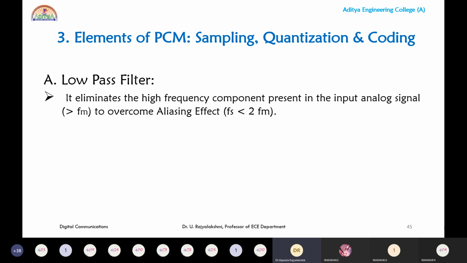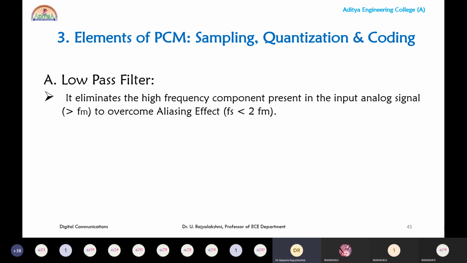Once this type of overlapping occurs, the lower frequency signal will get disturbed by the higher frequencies. That's why high frequencies must be eliminated prior to entering the transmitting section. That's why the low pass filter is used here. So the input low pass filter eliminates the aliasing problem by removing the higher frequency components.